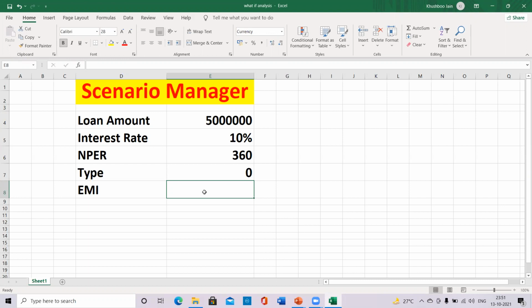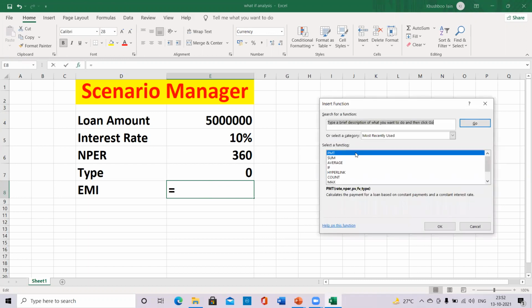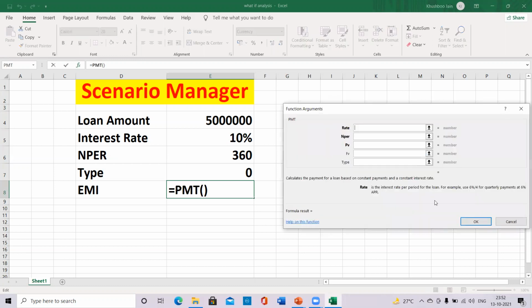So first I have to apply one function over here, that is PMT. The PMT function is used to calculate EMI. First, this is the rate, and I want monthly EMI, so I have to divide it by 12. Then NPER is the number of months in which you want to pay the loan amount.